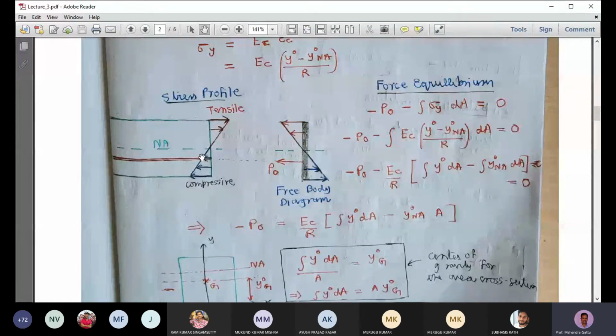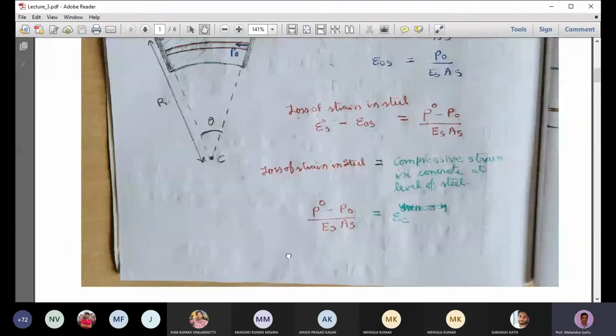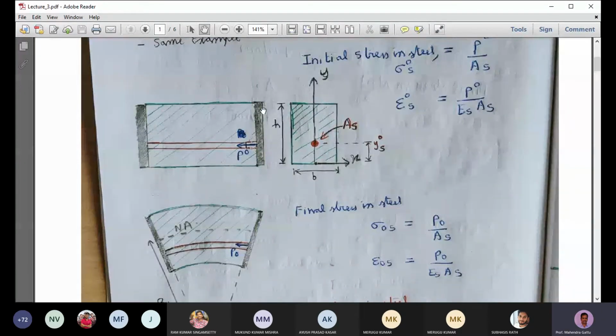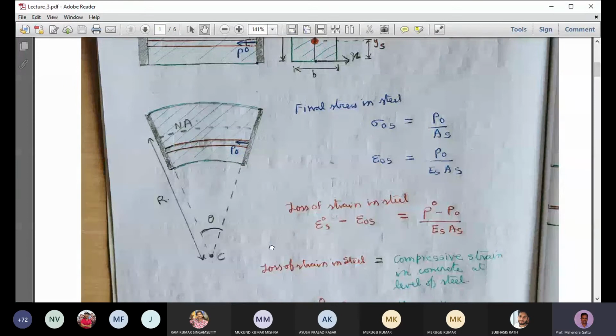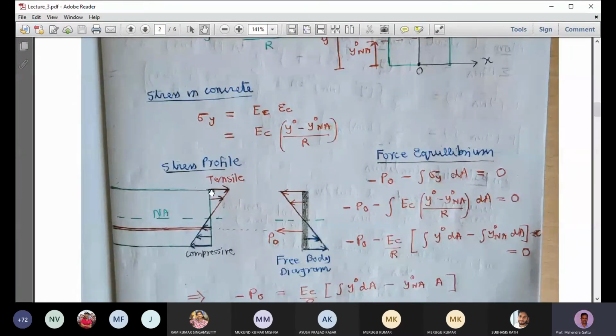So what we will do is we will draw the free body diagram for the rightmost end. So if you look here, we are holding this block between two rigid plates. Okay, so I am drawing the free body diagram for this rigid plate. So let's look at the rigid plate. So this is the force in the concrete.